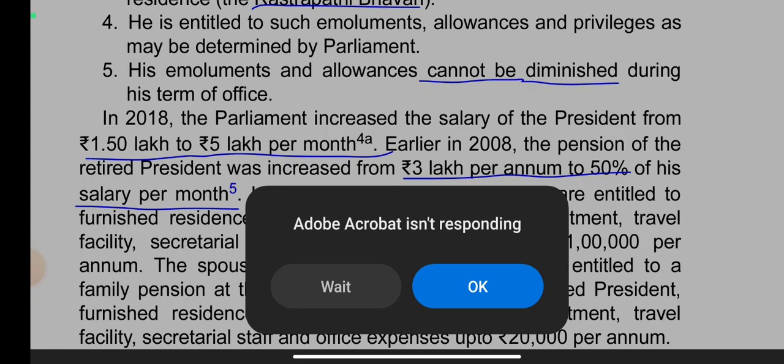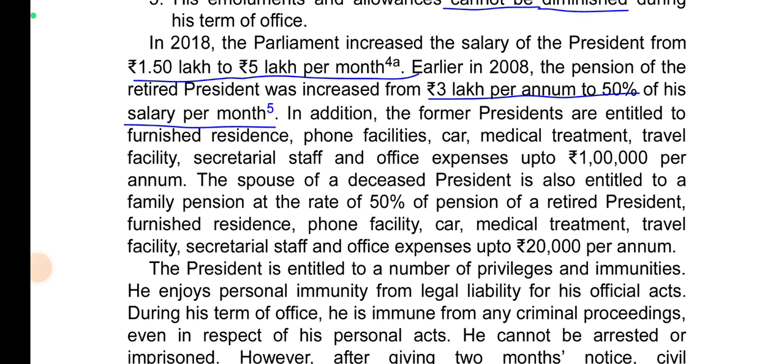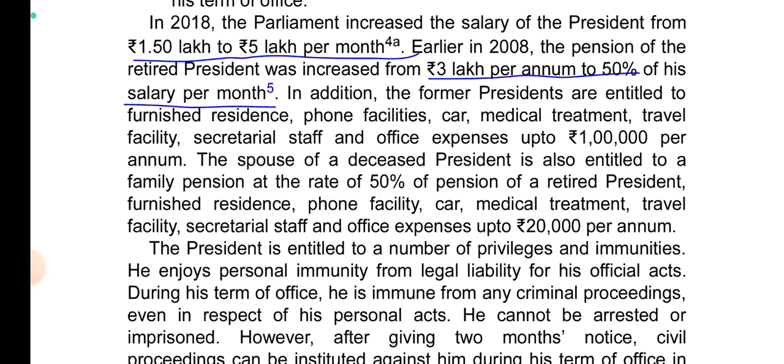His emoluments and allowances cannot be diminished during his term of office. In 2018, the Parliament increased the salary of the President from 1.5 lakh to 5 lakh per month. Earlier in 2008, the pension of the retired President was increased from 3 lakh per annum to 50% of his